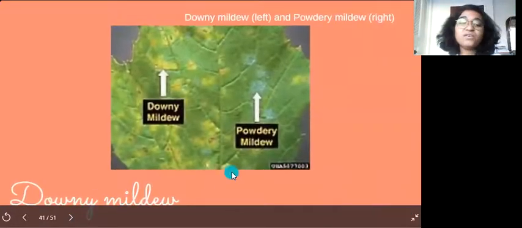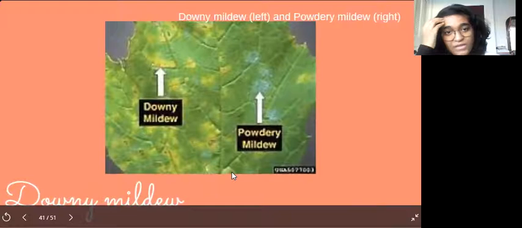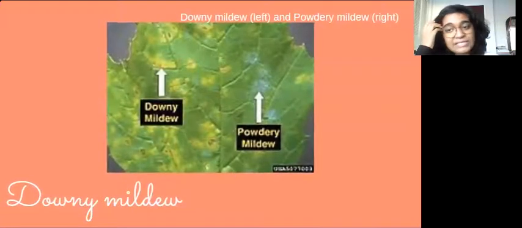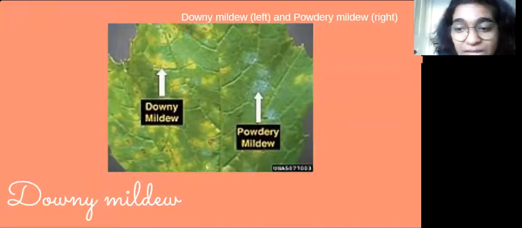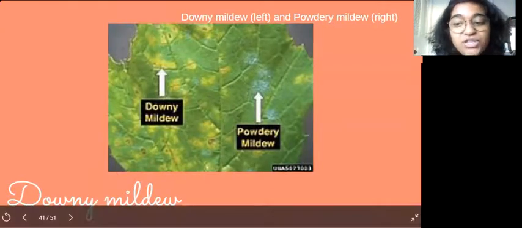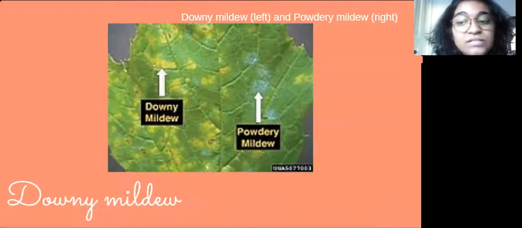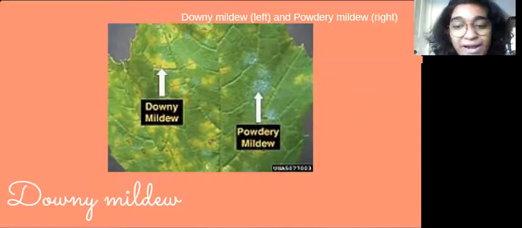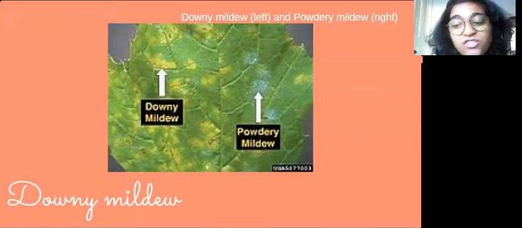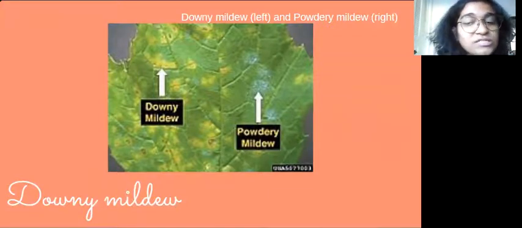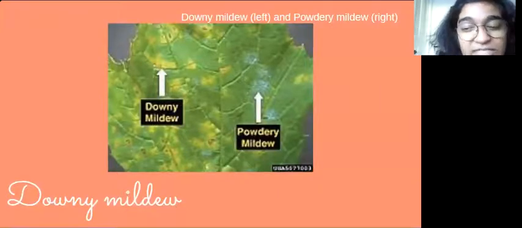Okay, the next one, the downy mildew. Downy mildew refers to any of several types of oomycetes that infect plants. In commercial agriculture, they are a particular problem for growers of crucifers, grapes, and other types of vegetables. The prime example is Peronospora farinosa, featured in the NCBI taxonomy. Cucurbit downy mildew is caused by Pseudoperonospora cubensis,